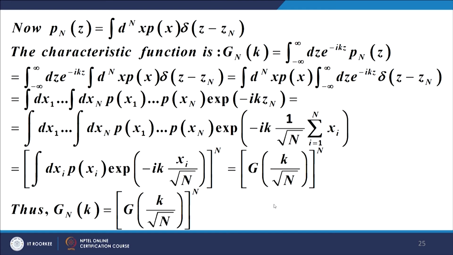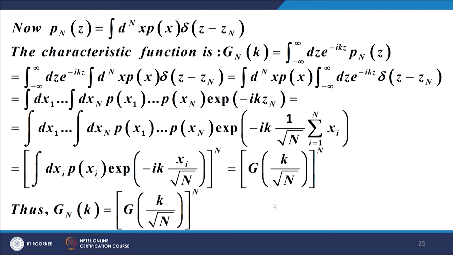Now, let us look at the probability density function of z. We define P of z just as we did in the example to start this lecture. We want to work out P of z, which is the probability of the variable z taking a particular value small z. Now, the variable z is the sum of a number of variables, which is represented by the sum zn.